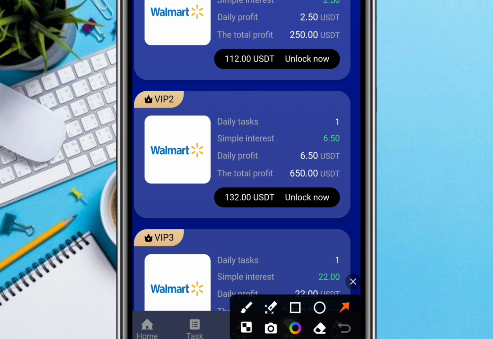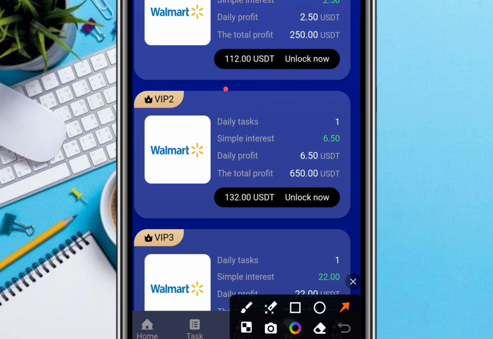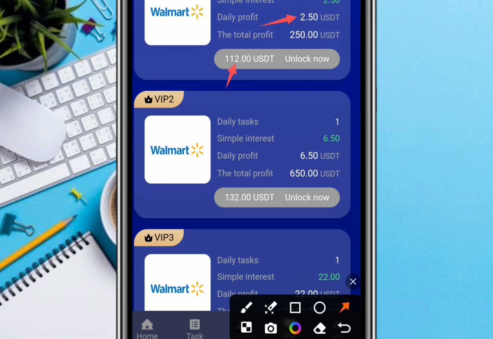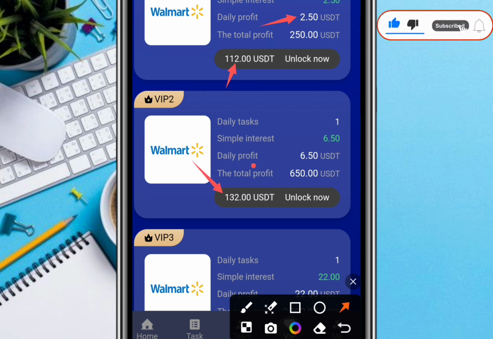So let's start with the number one. If you can recharge, aside from the 100 USDT given to you, the sum of 12 USDT added to the 100 USDT given to you, that is going to be 112 USDT. Every single 24 hours you are going to be getting 2.50 USDT. If you proceed to recharge the sum of 32 USDT, you are going to be getting every single day 6.50